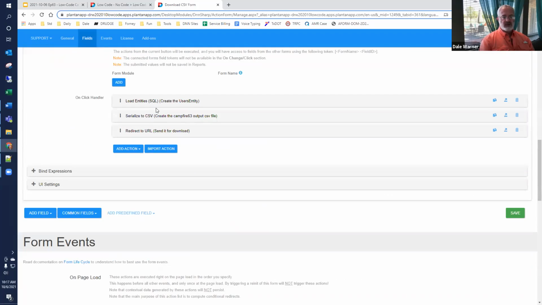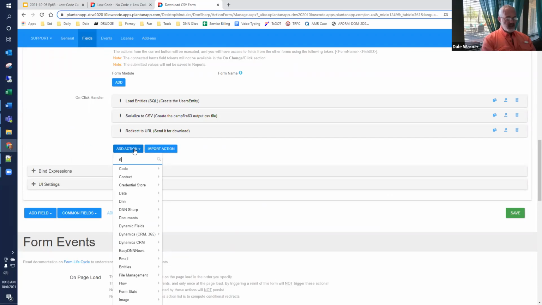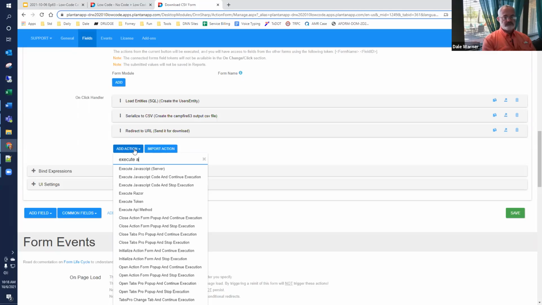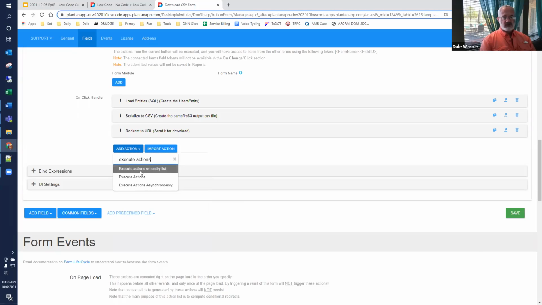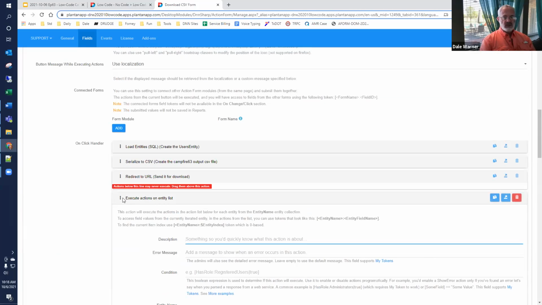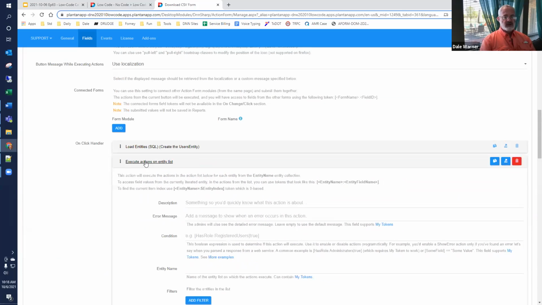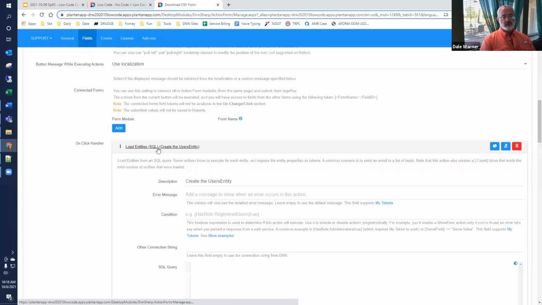So we have the same 3 actions, but this time we're going to add another action. It's going to be an execute actions on entity list. And I'm going to stick this right after where we've loaded the entities. So this is going to loop through all the records in the entity that was created and let us work with it.